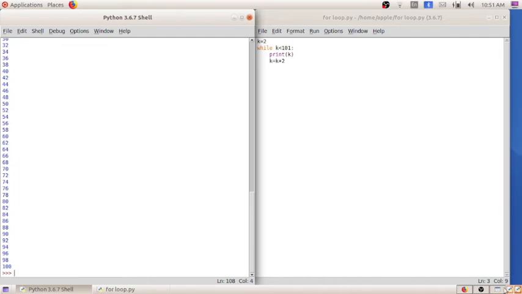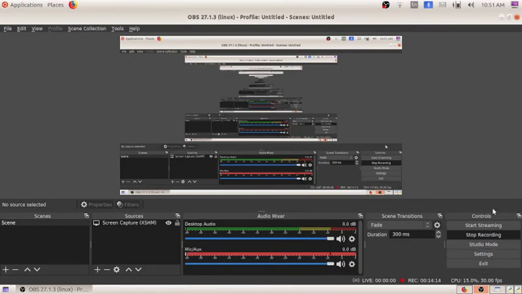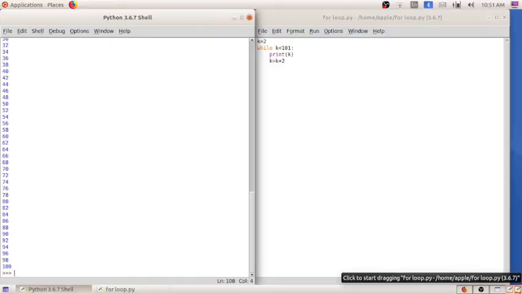Okay, so I hope you got the idea. I hope you understood the difference between the for loop and the while loop. For the while loop, what is the main difference? All the statements must be indicated separately, but in the for loop we can give all the statements as a single instruction.